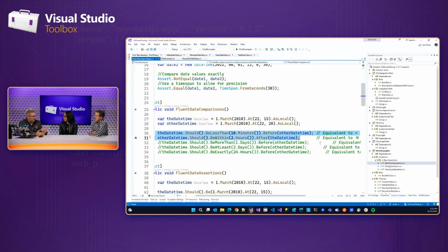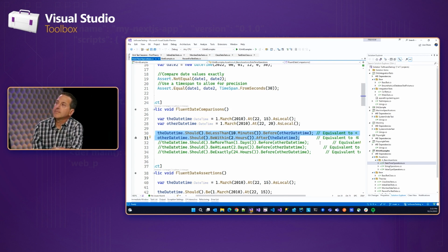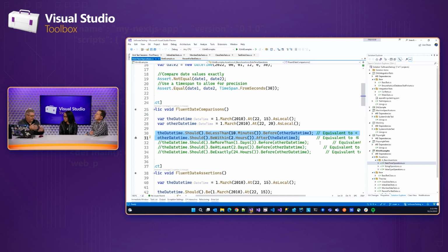Well, now I'm checking the record. To check the record, this is integration testing again, not unit testing. Now I'm pulling the record out, and the date now is at least a few clock ticks after when it actually happened. So I was like, oh my gosh, how do I test this? And that's why I discovered Fluent. I said it should be within 10 seconds, right? And I know if it's within 10 seconds, I know that I can safely say my save action updated those values. Because if it was 60 seconds before, right, and my test is taking 60 seconds to run, I have a problem with my test, right?